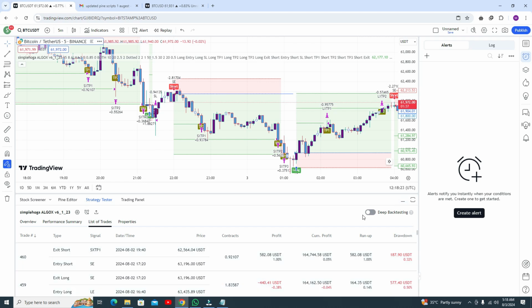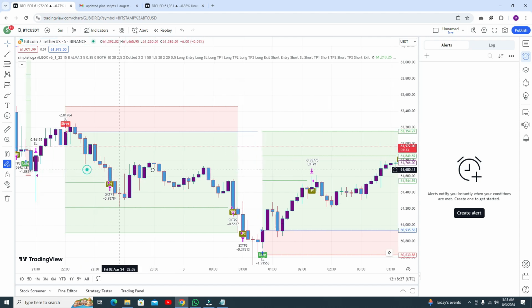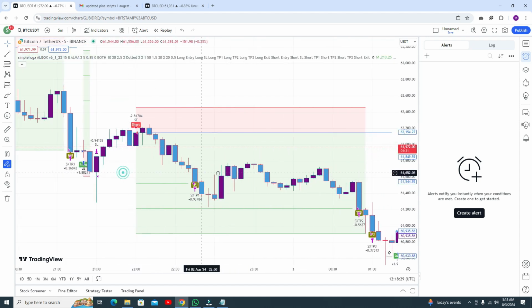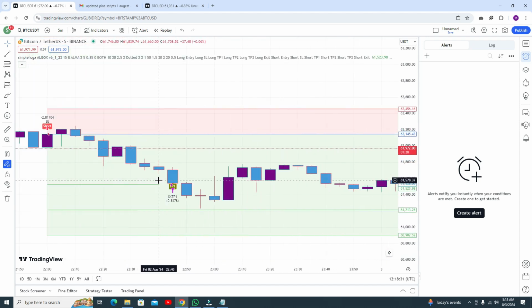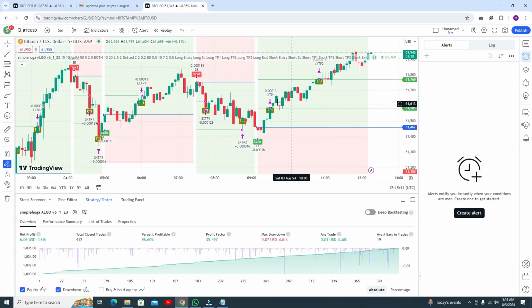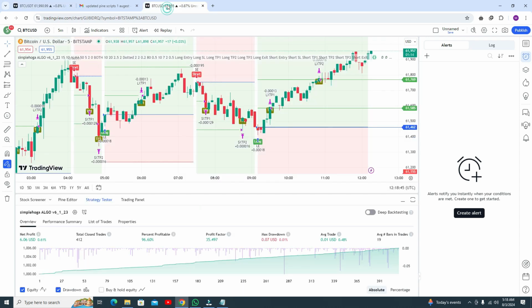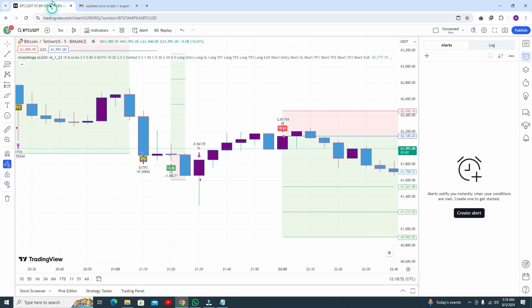This is the lost trade, and I need to show you how this works. Let me show you something very clear. I'm now talking about the latest updated algo. This was the previous one, and we have no concern with this one. Now we need to concern ourselves with this one. The previous one we do not need to concern ourselves with because there are a lot of errors and some confusion.